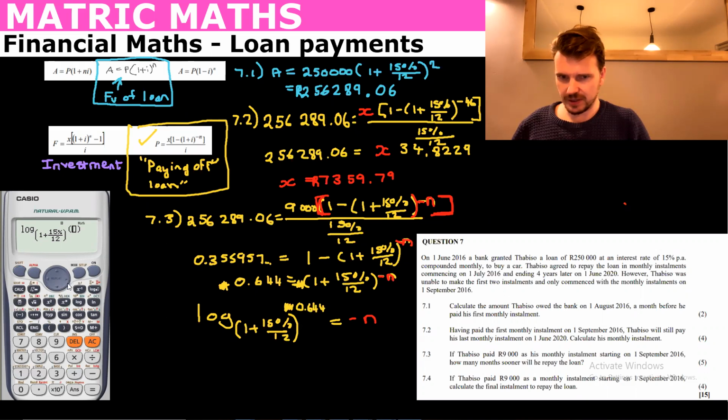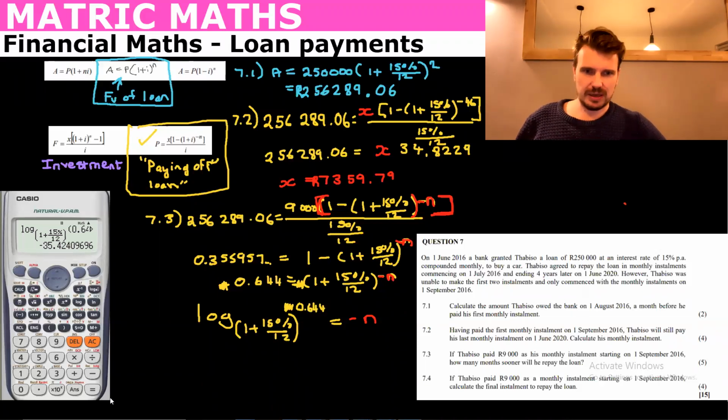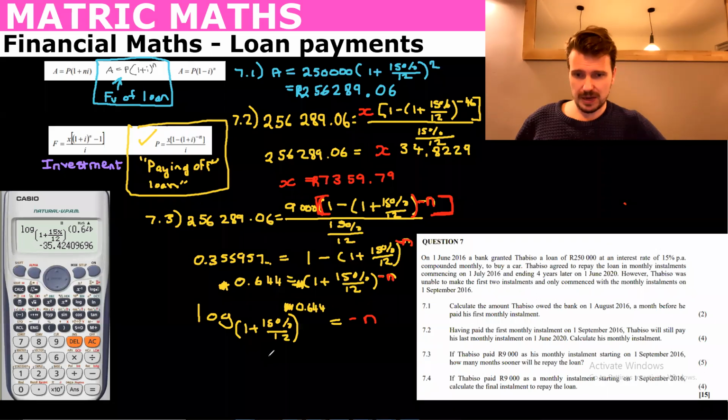And then over here, I'm going to put my 0.644, equals, and I get minus n, which is good. I want to get minus n, as I want to get the answer as a negative, because then I know n, if I divide both sides by -1, I simply get positive. So n is equal to